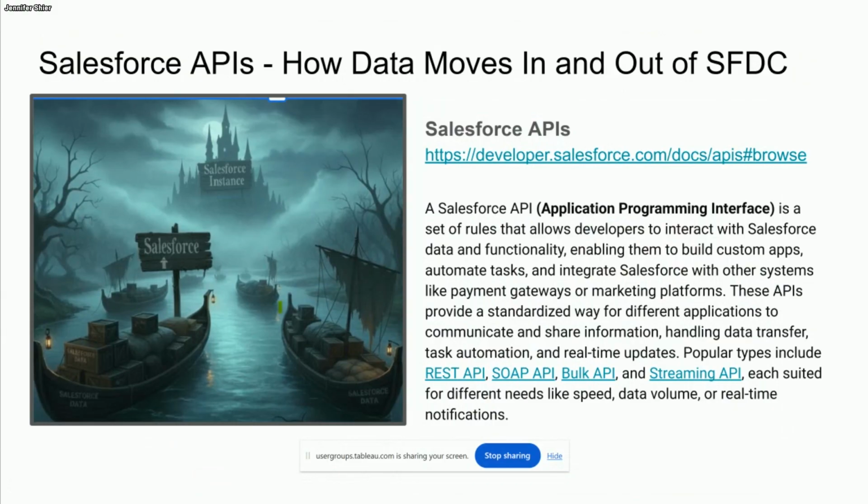For our use cases, it's not that complex. We're basically saying, I want to send data into CRMA. So we pack the boat with some boxes, and then we go into CRMA and we bring the boxes back out. I'm going to click on this link just so you can see